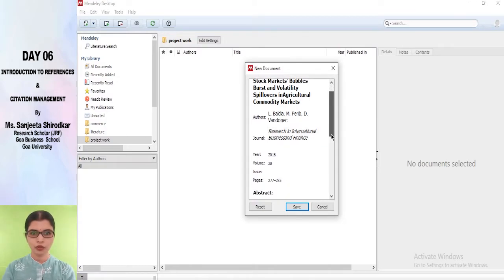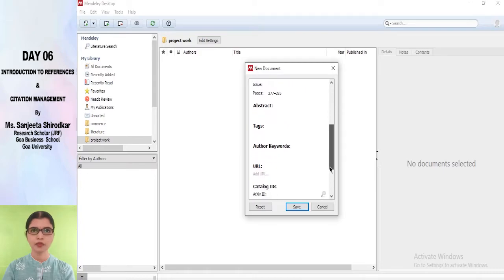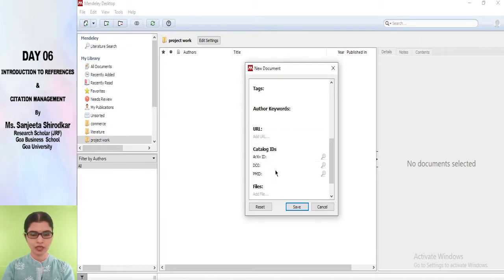If you scroll down, you would see a provision for adding other details such as the URL if you have one. Then there is something called a DOI, that is Digital Object Identifier. Many journals require that your references include the URL or the DOI.